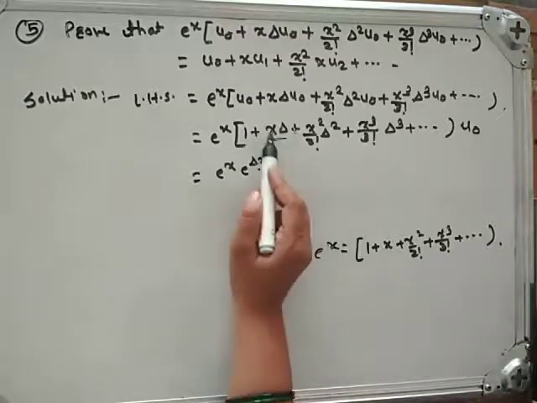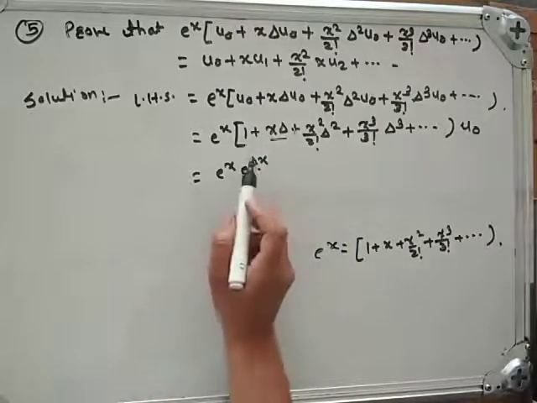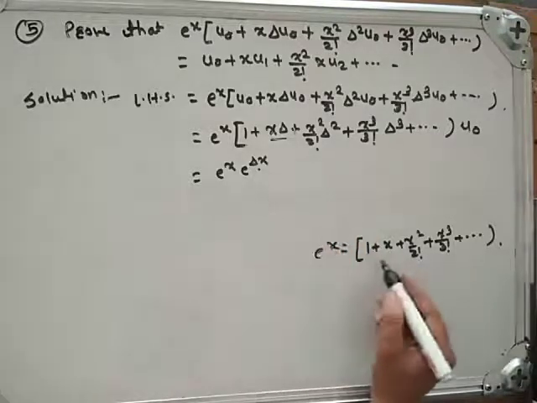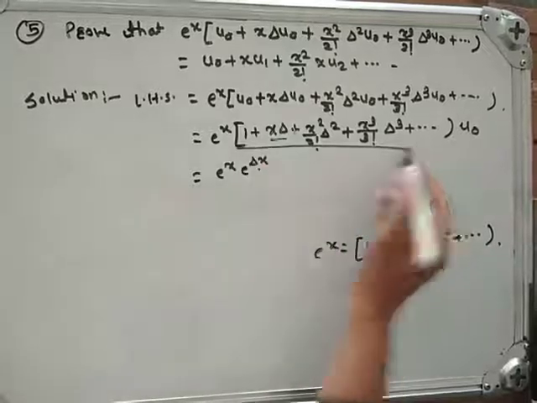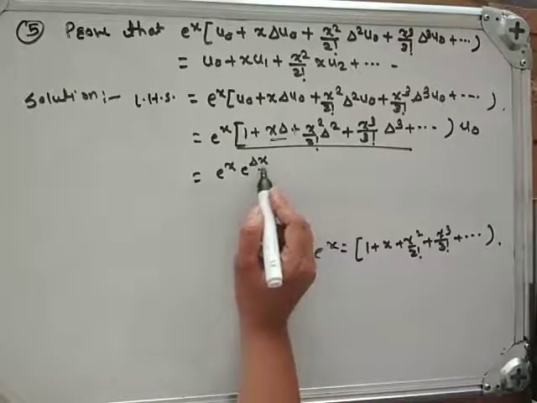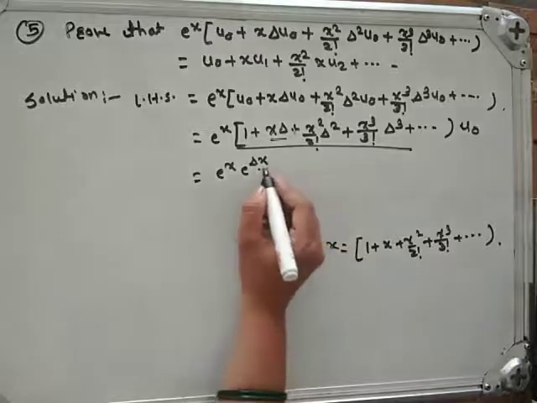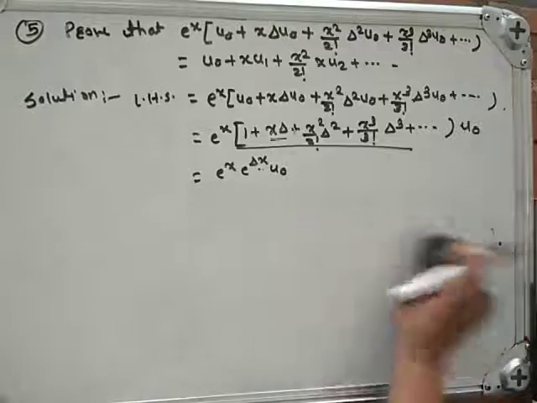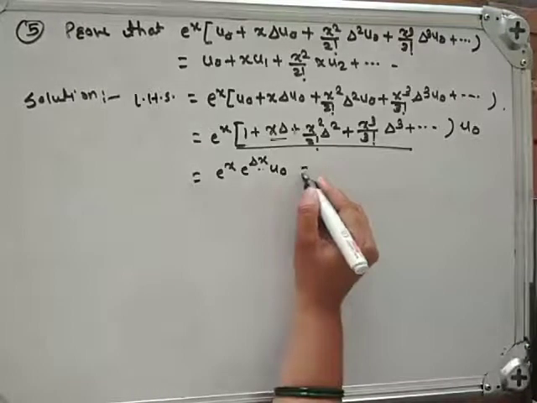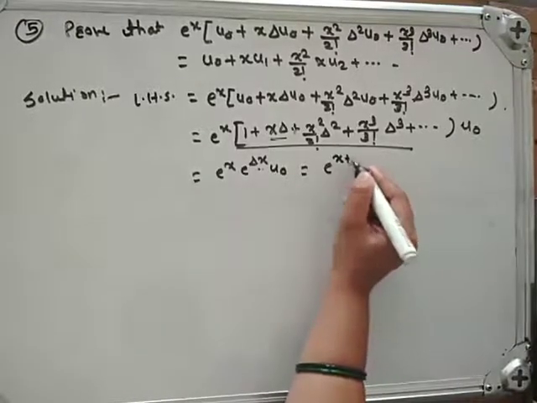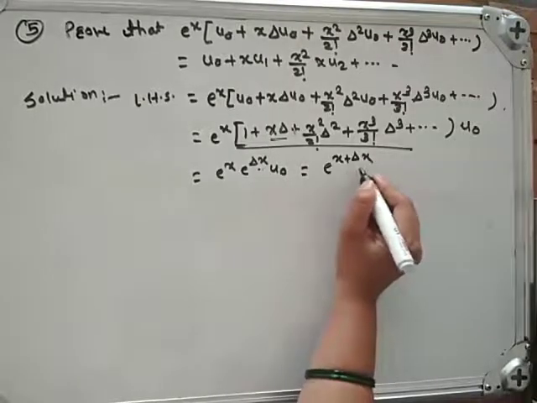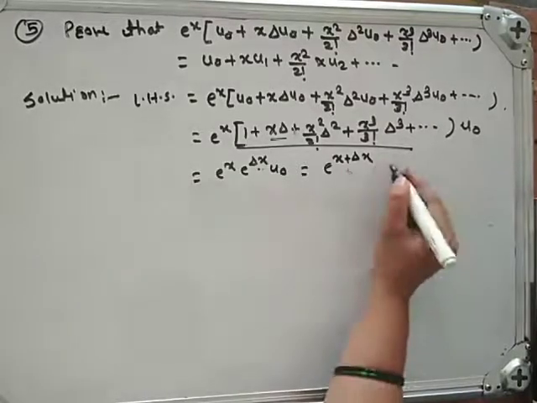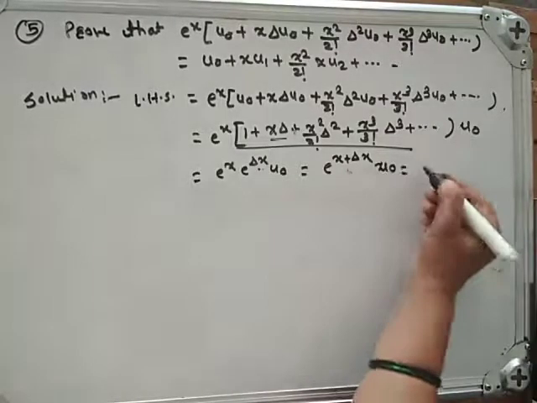Here our x is delta x. If we replace x by delta x, then we get here the Taylor series of e raised to delta x, into u0, which is equal to e raised to x plus delta x into u0, which is equal to